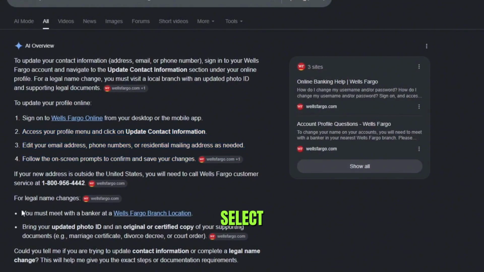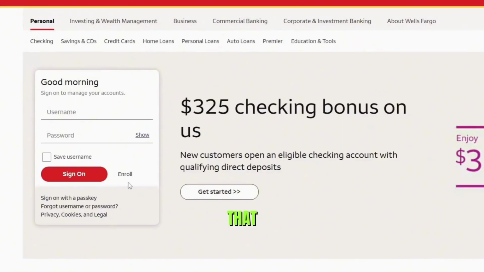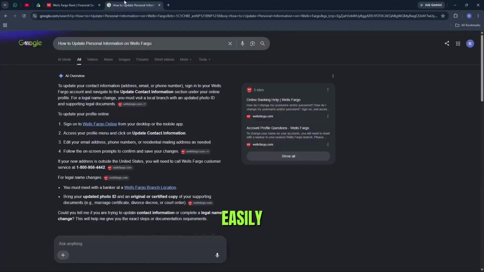After making your changes, select Save or Update to confirm them. You should receive a confirmation message indicating that your personal information has been successfully updated. And that's it. This way you can easily update personal